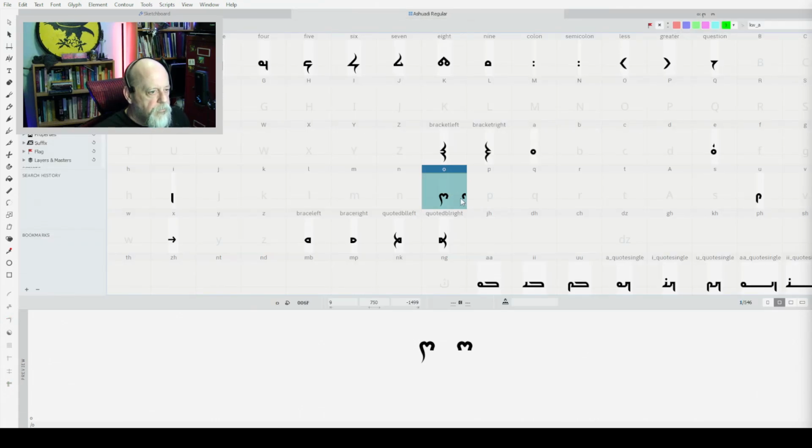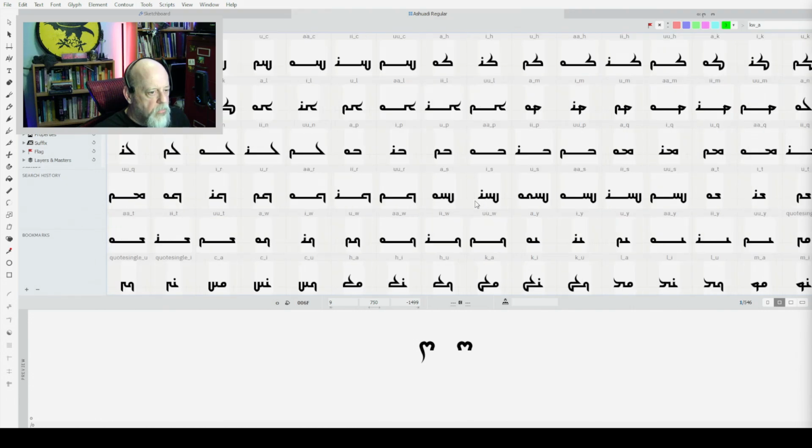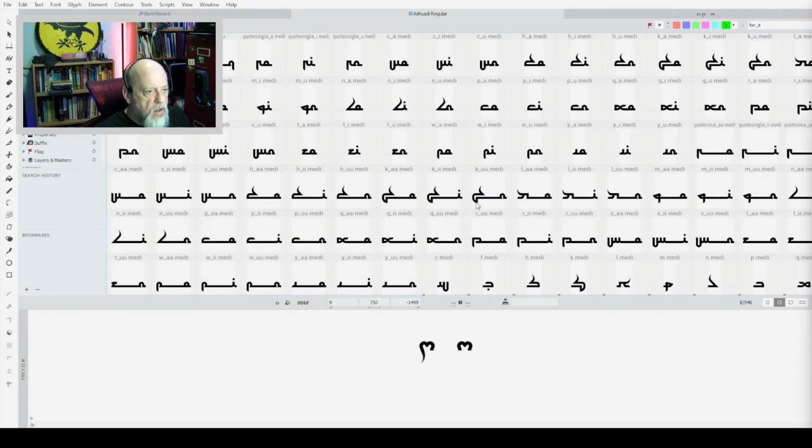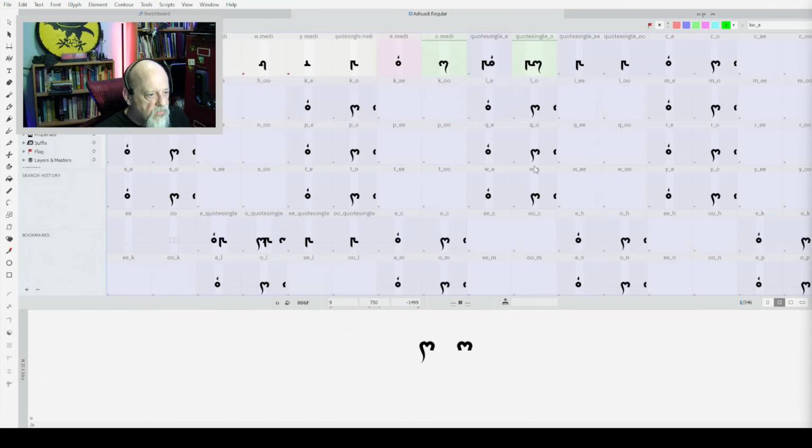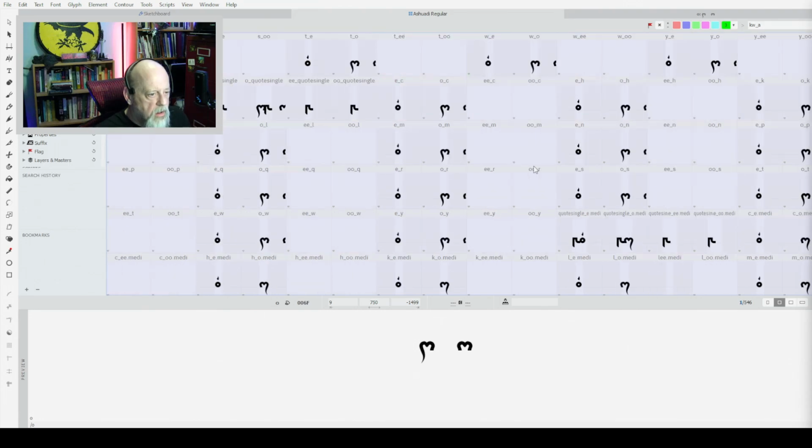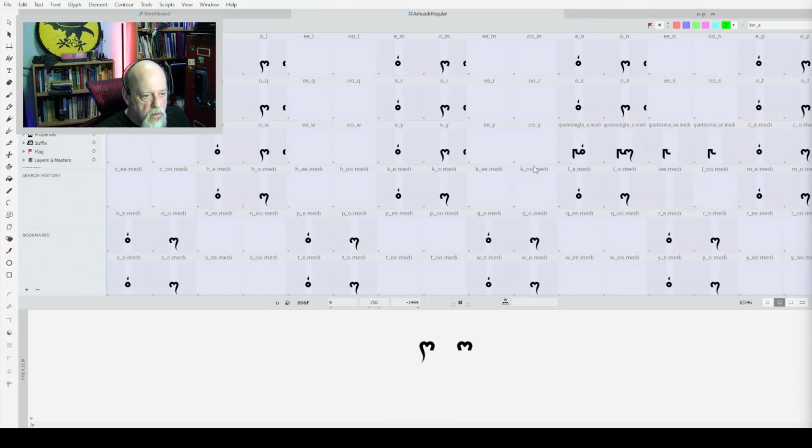The medial form there is like the form that would be used here for WU. So if I come down here to where is it here? WO.